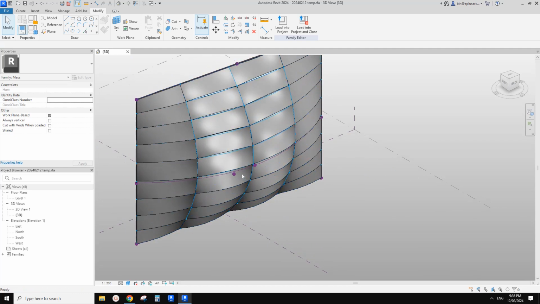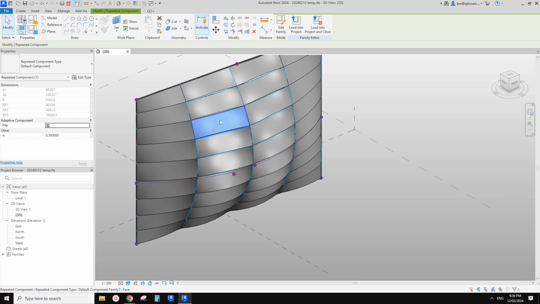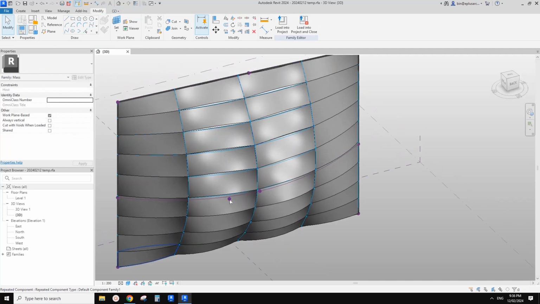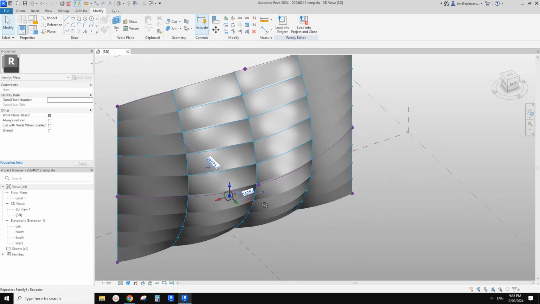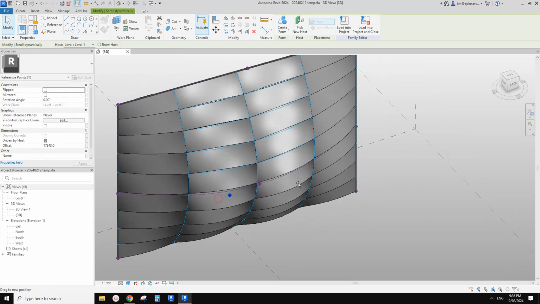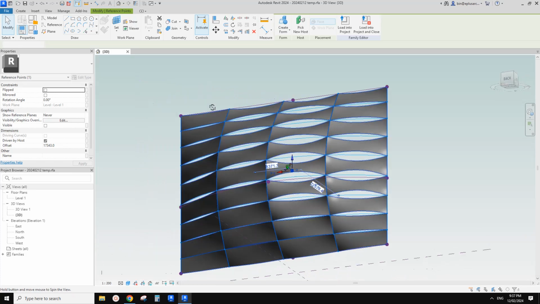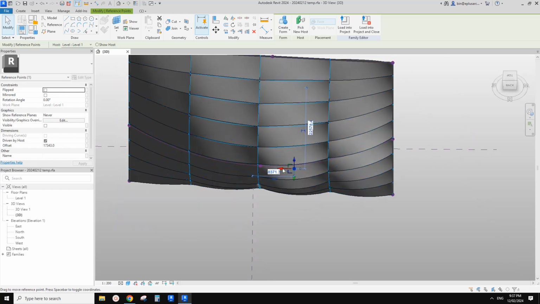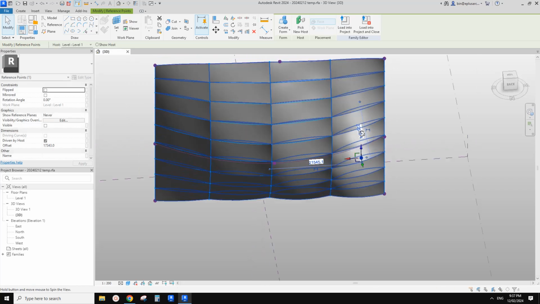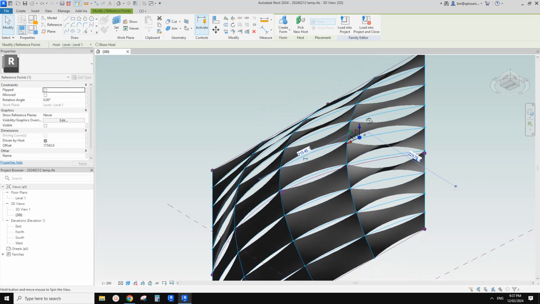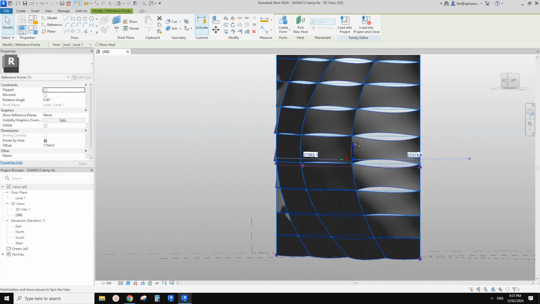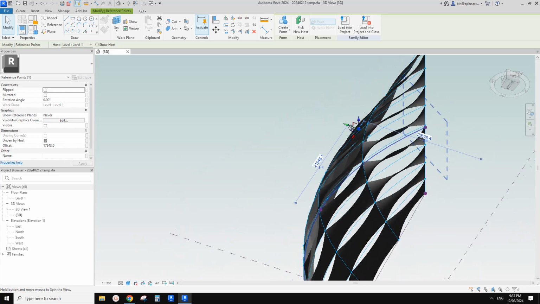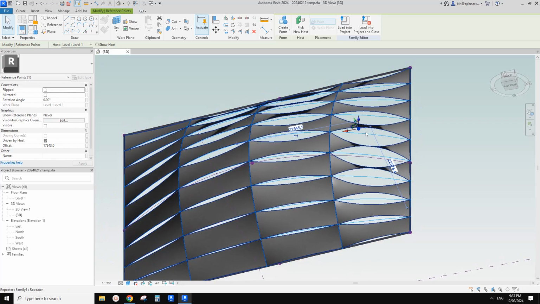These individual panels are adaptive families. So we can use a point to control the rotation angles of these panels. You can see if I move this point to the right, it will increase the opening. It's a little bit hard to see, but once we rotate this a little bit,